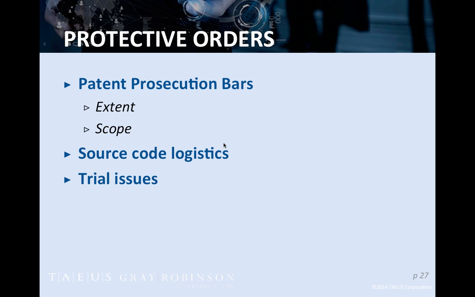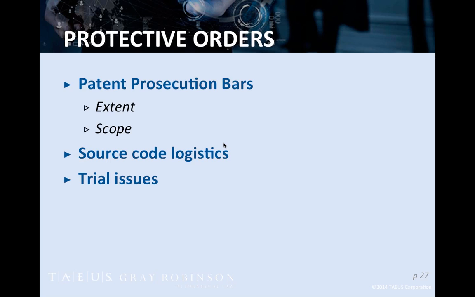The second bullet point on this slide is the logistics of source code production, and that usually depends on how much effort and time the parties want to spend in protecting it. Sometimes they'll allow it to be produced at one of the counsel's offices. Usually they will require some type of third-party escrow safe room where you have to sign in and sign out, and you're limited in what you can bring in. I've seen them where you can bring in a computer and take notes. I've seen them where you can only bring in a pad and a pencil, sometimes even less. And that's really just a question of what the parties are willing to agree to and what level of comfort they have with the various different options.